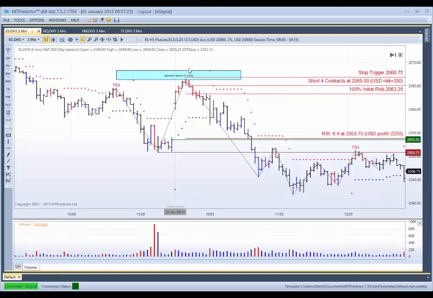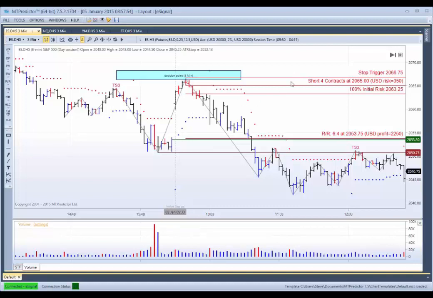But the great thing is that we actually anticipated the area of where that reversal or that market was starting to close the gap from, and that would be in our decision point resistance area. The red sell bar gave us the bar to then initiate your trade around. You place the manual risk reward on, and there's your trade. As you can see, it came back and closed the gap where the profit was approximately 6 times greater than the initial risk. So this is the beauty of adding MTPredictor into your gap fill trading analysis, because it allows